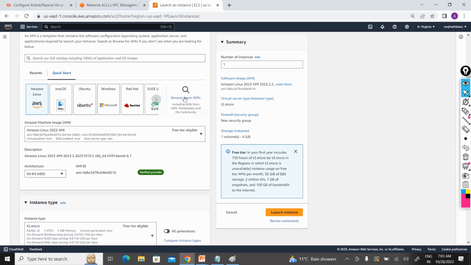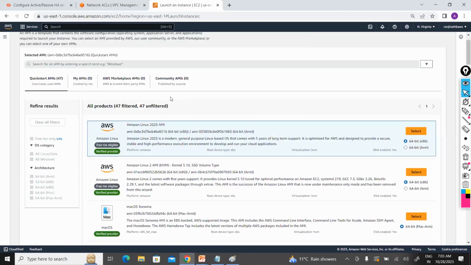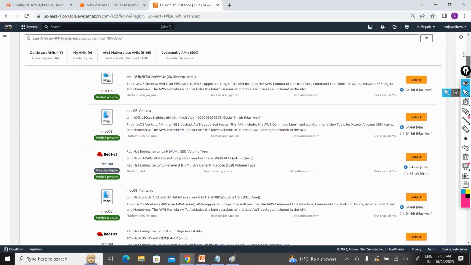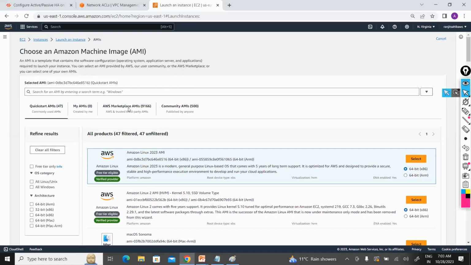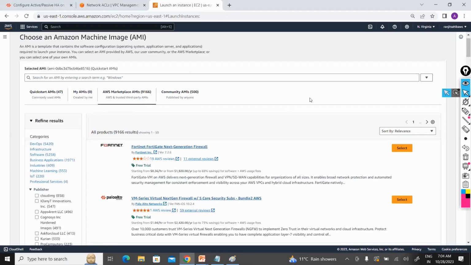So for that, I will select more Amazon machine images. In that, which image do I want to launch? Here I don't want any operating system. Here I want a third party. So I will select a marketplace AMI. So in that marketplace AMI,